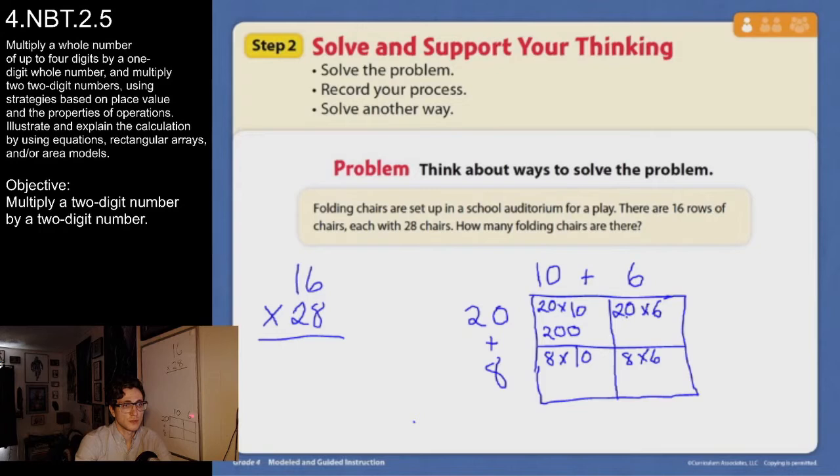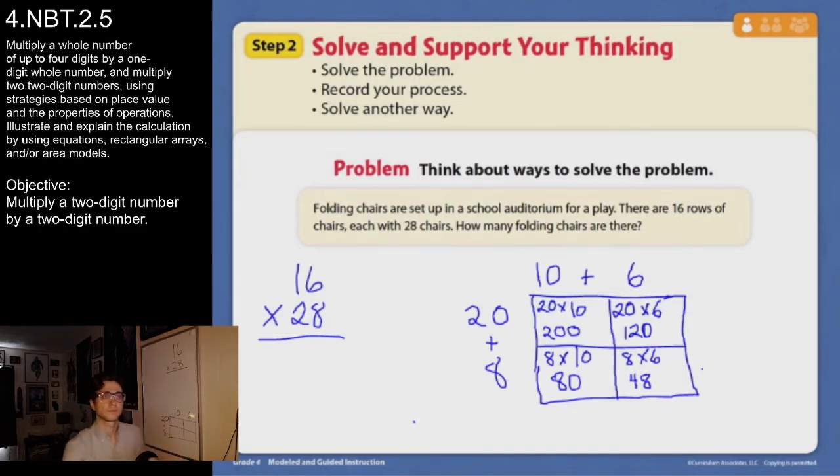We know 2 times 6 is 12. Because this number ends with that 0, we can drop it down into place. Again, we have 8 times 10. 8 times 1 is equal to 8, and dropping that extra 0 into place gives us 80. And then 8 times 6 is equal to